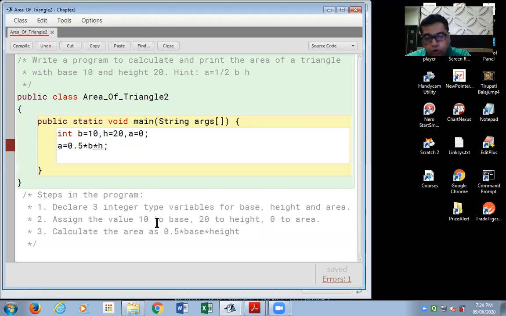Over here I've written names base, height and area, but within the program I've written B, H, A. And let me tell you, even in this explanation, if I would have written this as B, H and A, that wouldn't have been wrong on my part. And accordingly, within the program also, instead of B, H and A, I could have used variables base, height and area.